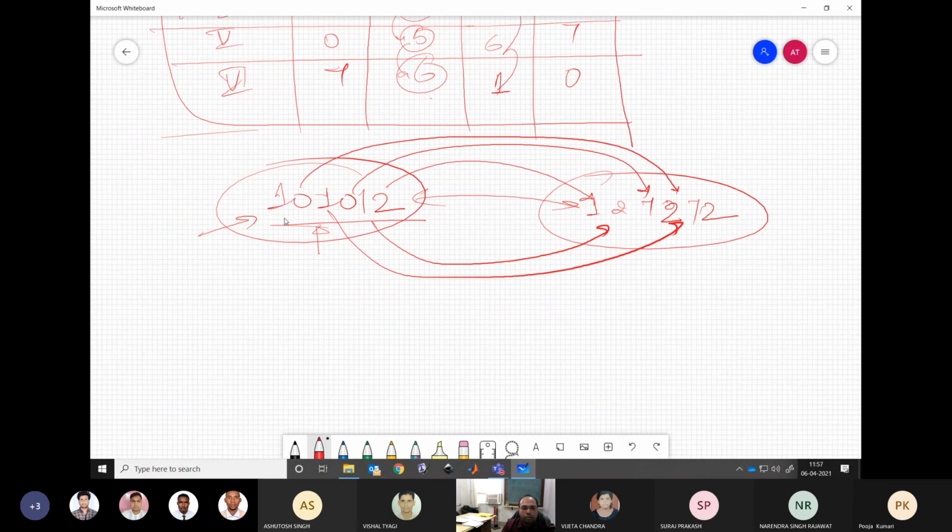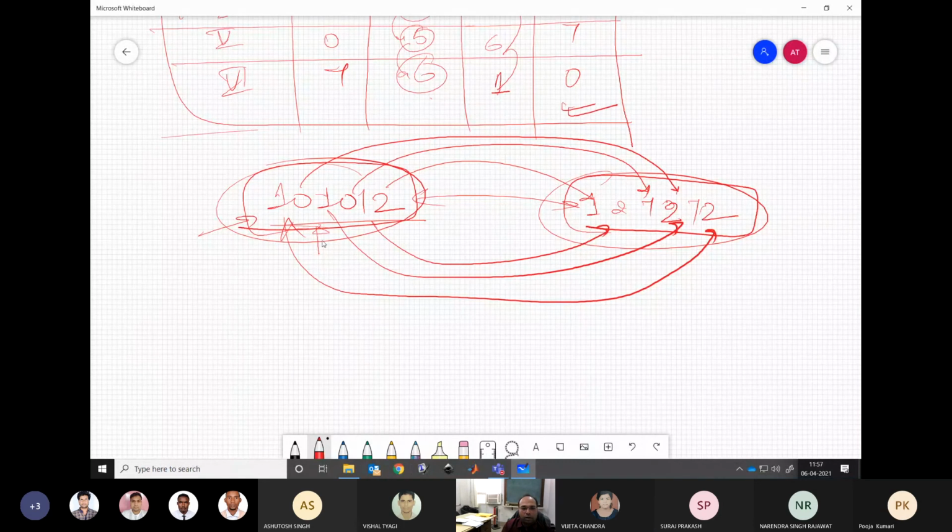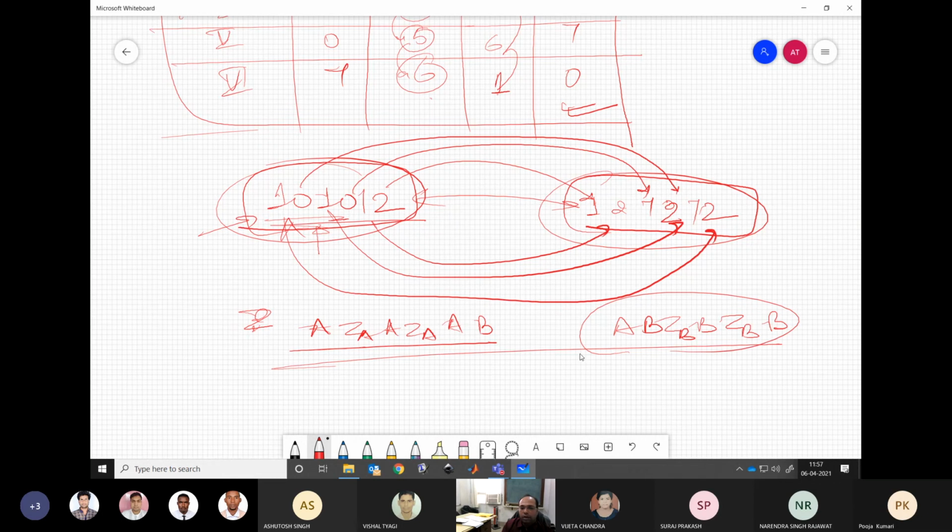Getting my point? Yes or no? Yes, sir. Even for complex sequences like this, if we follow the simple rules, you can generalize. Let's say you write A, ZA, ZA, A, B. Then here you can write simply A, B, ZB, B, ZB, B. That's all. You have synthesized it and you know what to assign for A, B, ZA and ZB, depending on which sector you are in. Is it clear? Any confusion about symmetry?